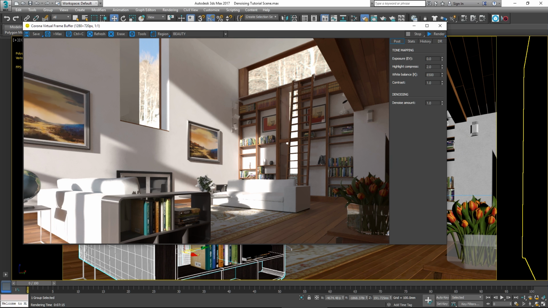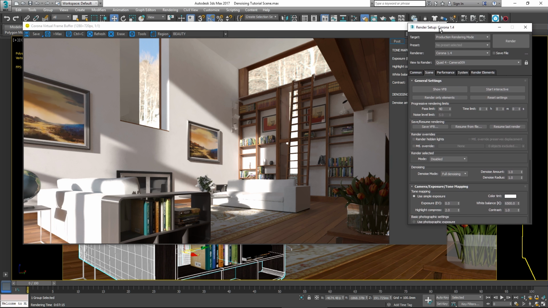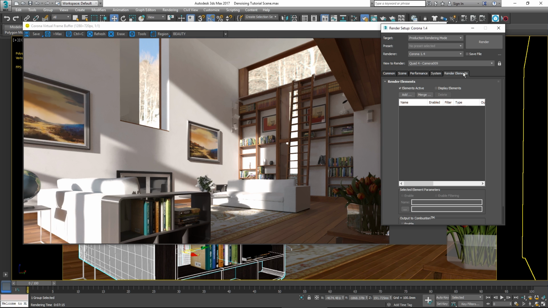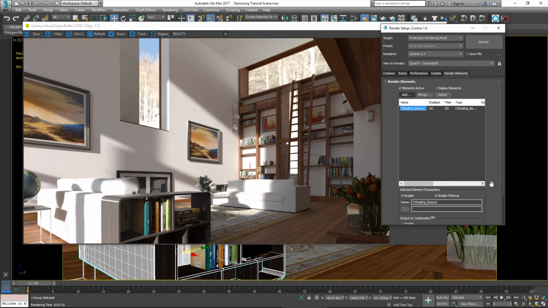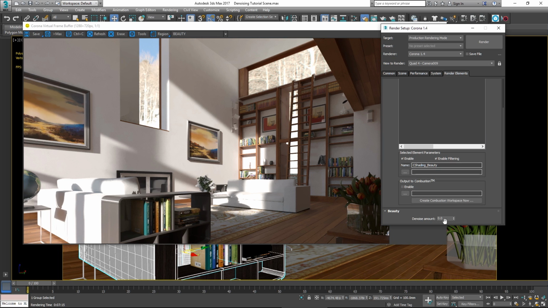And that's achievable by using render elements. If we come into render elements, we can add a new render element, C Shading Beauty. That was added in 1.4, and I'll add that here. And you'll see that it actually has its own denoise amount. So I am going to set this one to 0, and I'm just going to rename it Denoise Beauty No